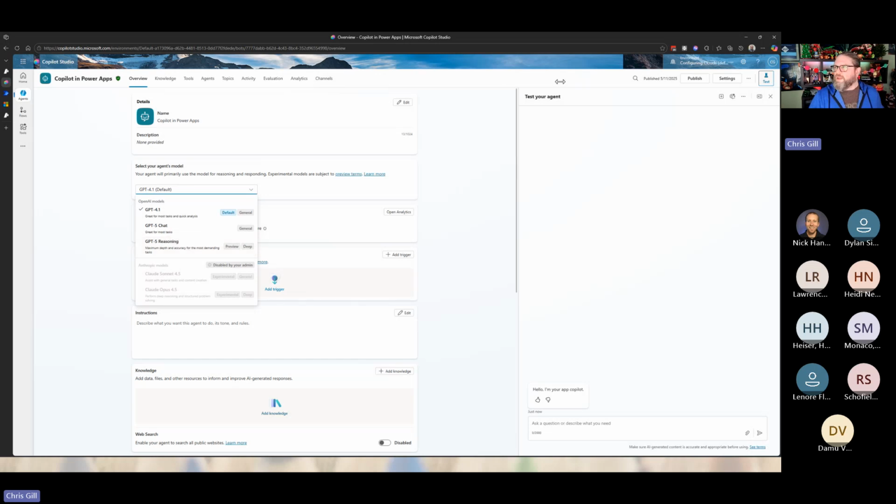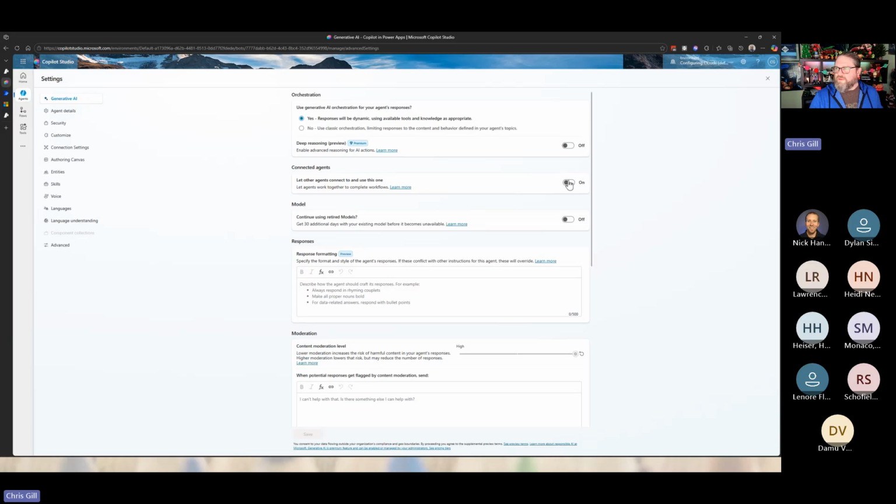So inside of settings, if you have not played with these or looked at any of the generative AI settings, you can turn this on or off. So yes, then you're going to have dynamic responses, available tools, and knowledge. Deep reasoning is now in preview. That's a slider that you can adjust. That gives you the ability to really think about, well, not you, but the agent, to think a little bit deeper and do a little bit more research.